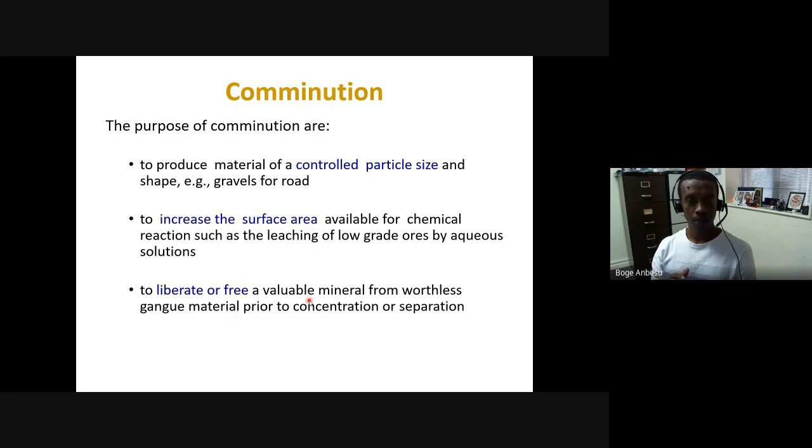So liberation is typically done for both the valuable and the gangue. And the main purpose of comminution is liberating particles. Yes, you can use it to increase, for example, surface area of particles to prepare them for leaching, flotation, and so on. But at least in this course, the main purpose of comminution is producing free